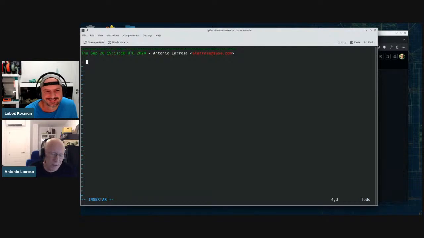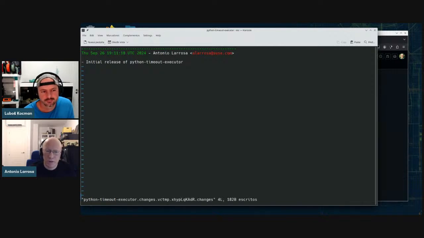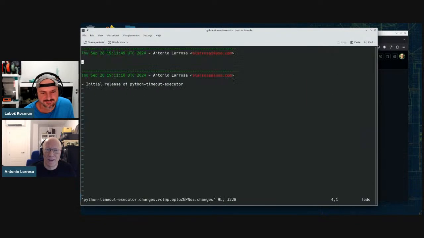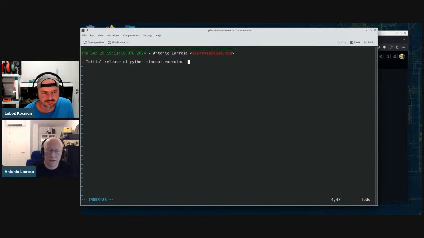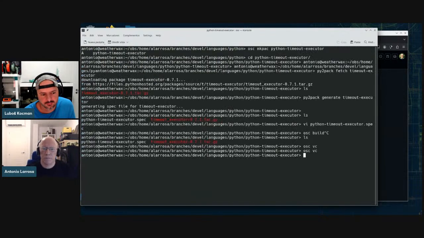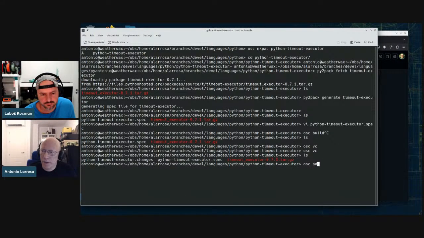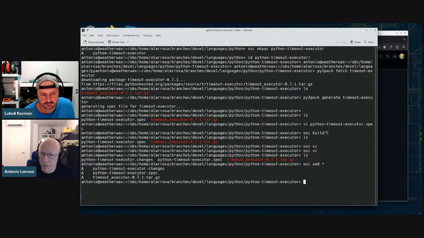For the initial entry, I'm used to write here something like: initial release of, and the name of the package, Python timeout executor, and the version, which I already forgot, 0.7.1. And now we have everything that we need. We can add all these three files to OSC and start the building,